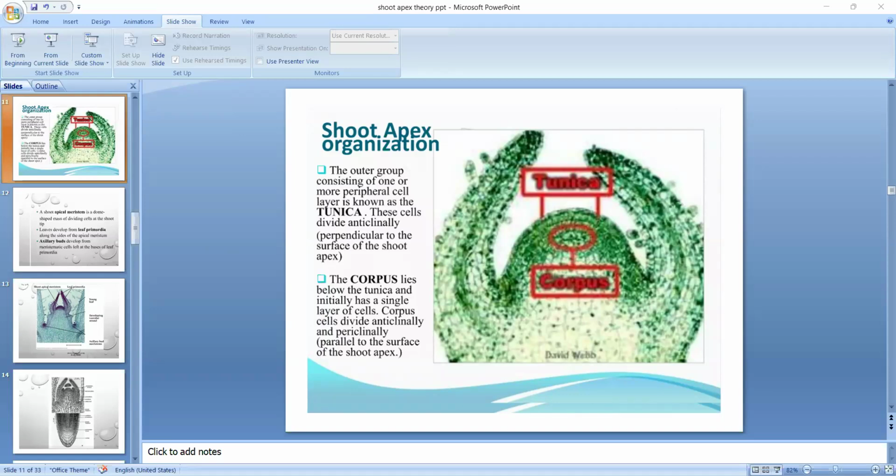These are very important for the shoot apex organization. Okay. First one is apical cell theory. So what I am telling is that in the pteridophytes and in the gymnosperms, different organization is there. In the pteridophytes, we are observing that the apical cell is one initial, or apical initial, that is tetrahedral, pyramidal in shape. The base is directed towards the surface of the apex. That type of arrangement we observe in the pteridophytes.